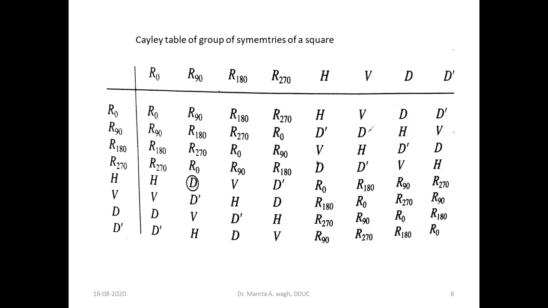So let us just revise what we have seen. First we have taken all the rotations, and then we checked the closure property. At this stage I am not telling you that it is a group. First we are checking one by one what properties this set has. First is the closure property, then we have seen that there is an identity element, then that every element has its inverse, then we checked the commutative property, so this is non-commutative.